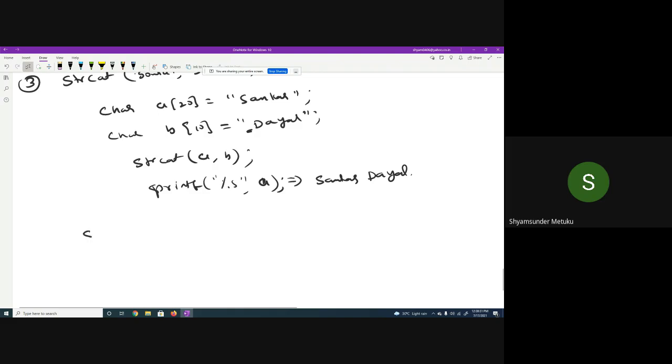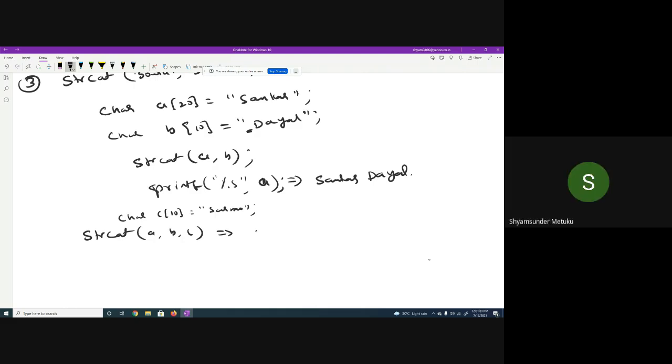How can I use a, b, c? Just now I gave it in the previous example. Suppose I have here c of 10 with Sharma. Because the syntax says you have a source 1 and source 2, but here how many sources are there? 3.